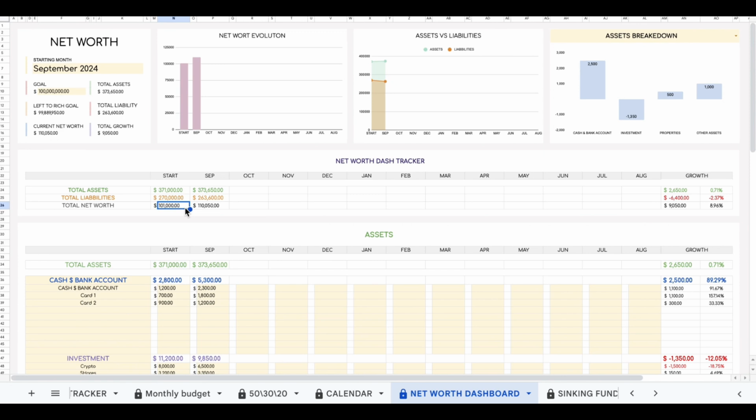In September, our assets were $373,650 and our liabilities were $263,600. So our net worth increased to $110,050. If you look to the far right, you can see the growth from the start to September, which is $9,050, or an 8.96% increase. At the very top left corner, under Net Worth Overview, you can see your net worth